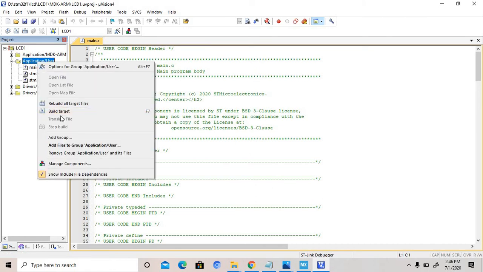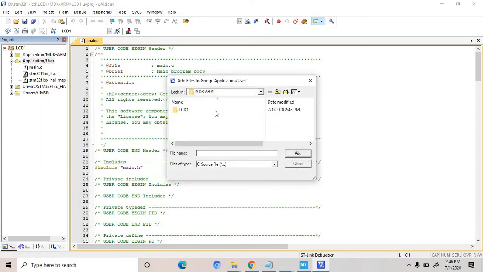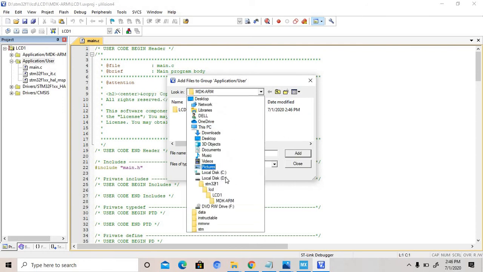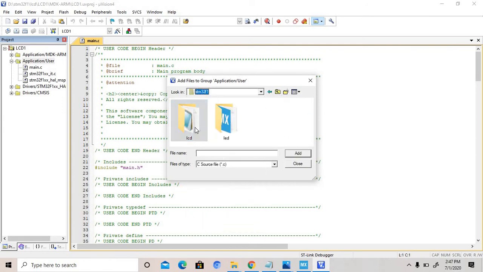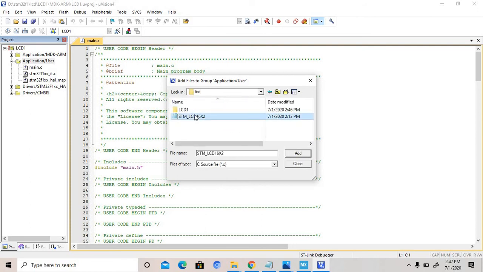First go to the application user, then add file to source group, then give the C file, which is in STM32 LCD. This one, this is a C file, and we have to add one .h file also. So these two files, this is the C and H file.